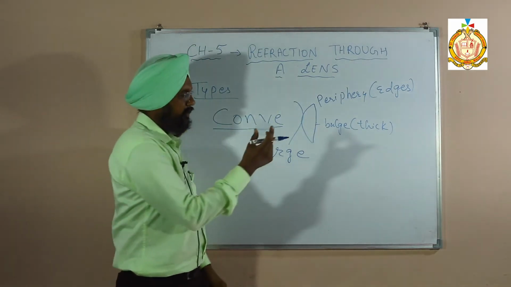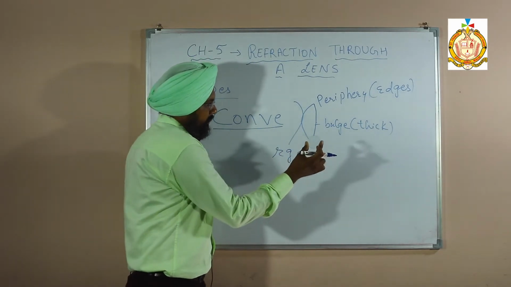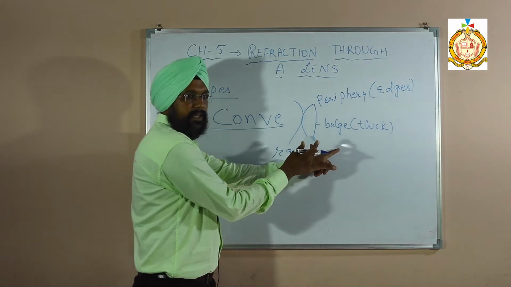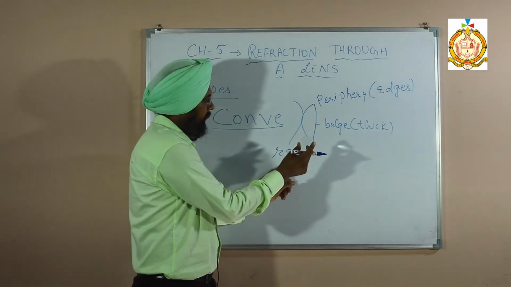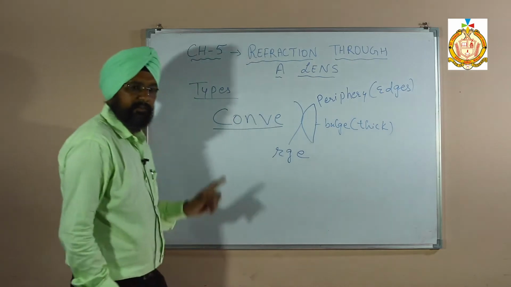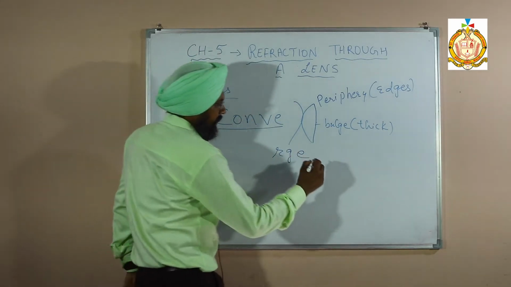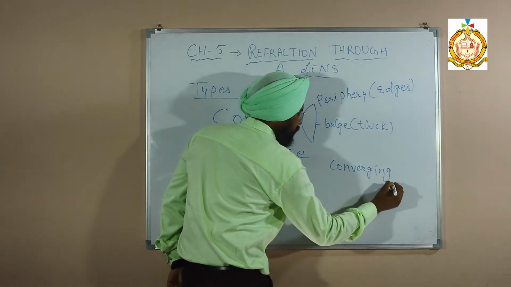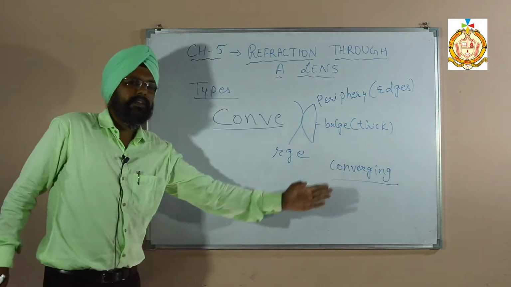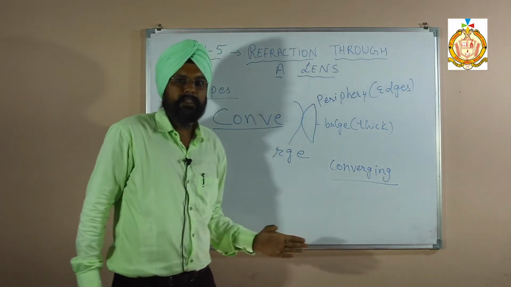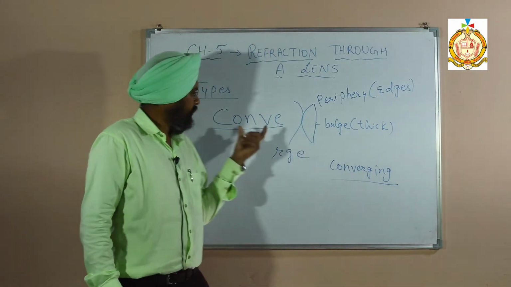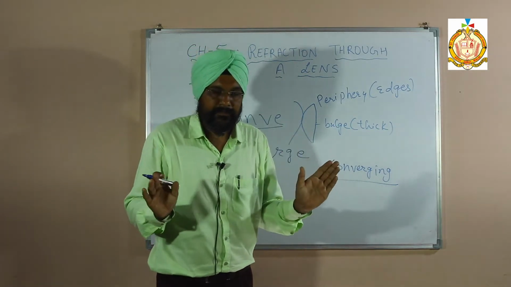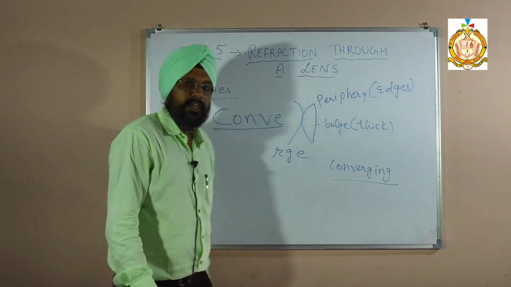Suppose rays are coming from the side, so when I bring them to this lens, it converges the rays at this point. So this is the converging lens. Another name of the convex lens is the converging lens. Students, a very important question, a 1 mark question that ICSE is supposed to ask: name the converging lens. Which lens is a converging lens? The convex lens is a converging lens. Is it clear?